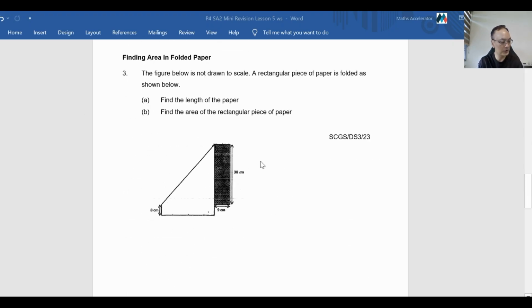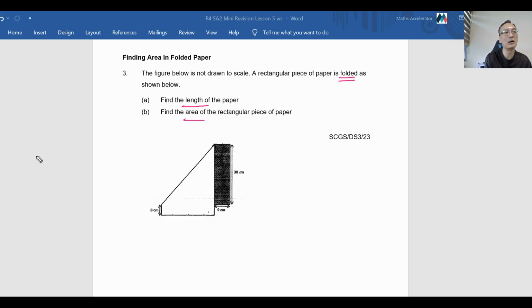Okay, in this question, we're going to find the area in folded paper. The figure below is not drawn to scale. A rectangular piece of paper is folded as shown below. A. Find the length of the paper. B. Find the area of the rectangular piece of paper. Let's underline some of the keywords here. We have a rectangular paper that is folded, and we need to find the length and the area of this